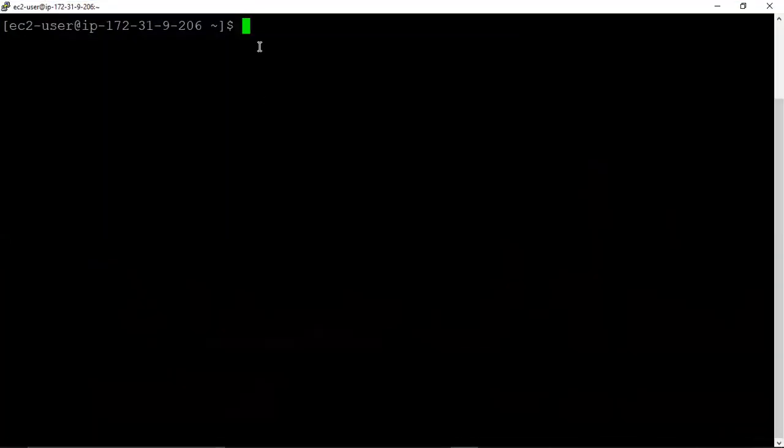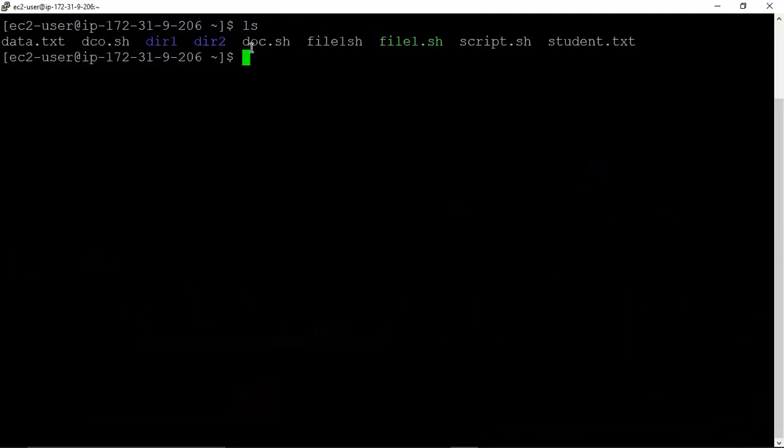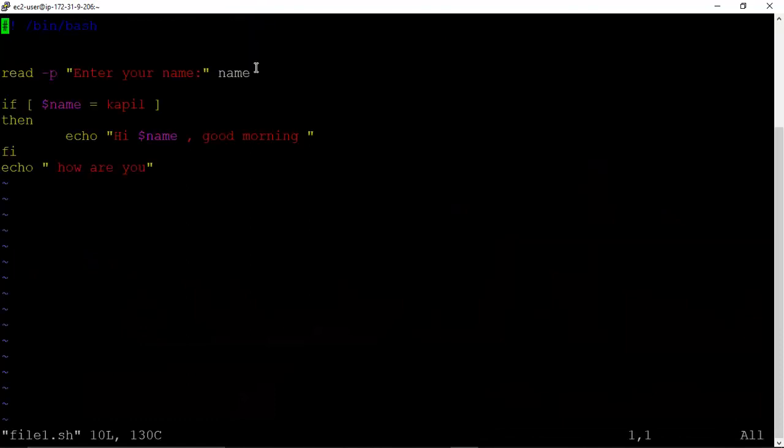See, I have created some sh files: doc.sh, file1.sh, and script1.sh. So let us modify file1.sh. Already we have this one script, and I think it is based on the first sentence.